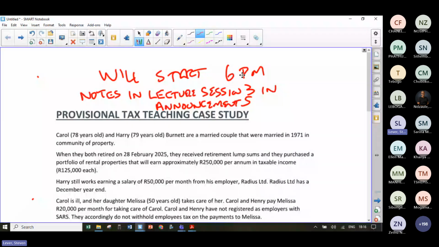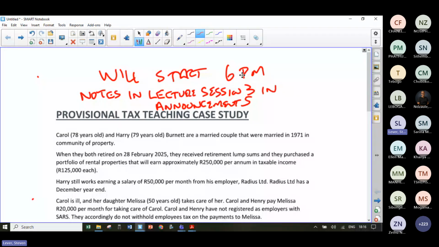So I want you just to actually think about it. From a provisional tax perspective, there is number crunch. For employees tax, there's number crunch. Or you could get a normal individuals tax calc type question. For the guys in 4862, it is possible for you to get someone that dies. It's also possible for you to get estate duty, but estate duty is at a level 1. So it's going to be not a very complex thing, a couple of marks on estate duty if you're going to get estate duty. So those are the number crunch type things that you need to think about.